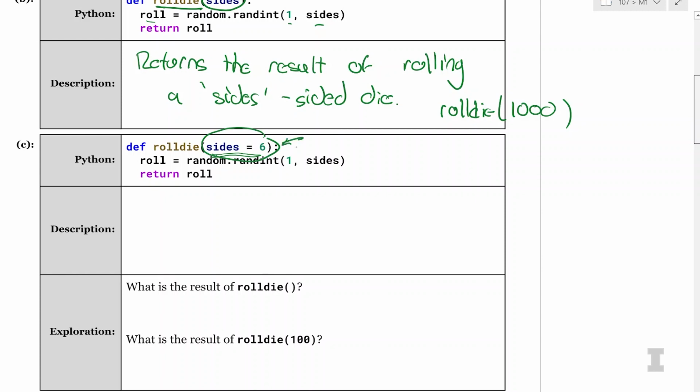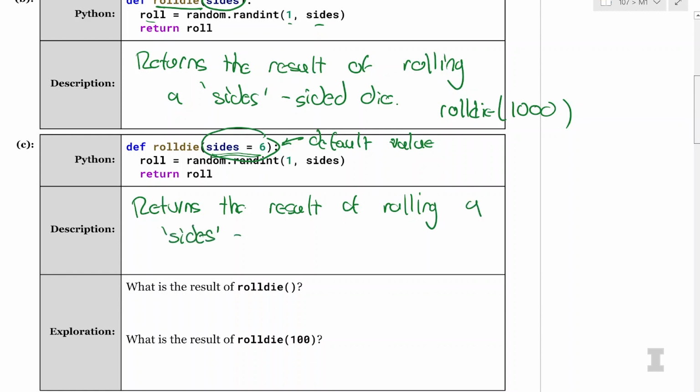This is going to be the default value if we don't specify the value. So I can say the description of this is returns the result of rolling a sided die defaulting to 6-sided. So it defaults to a 6-sided die.